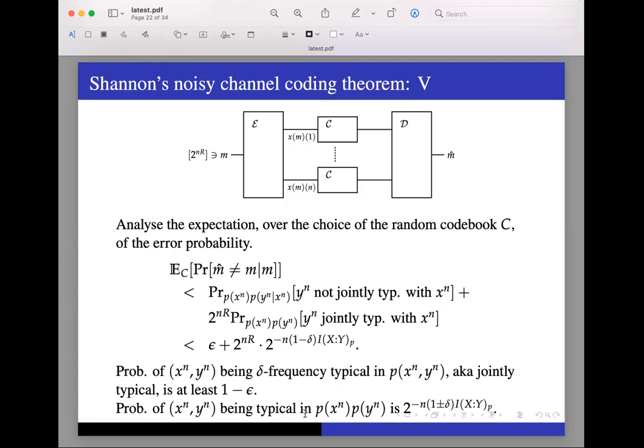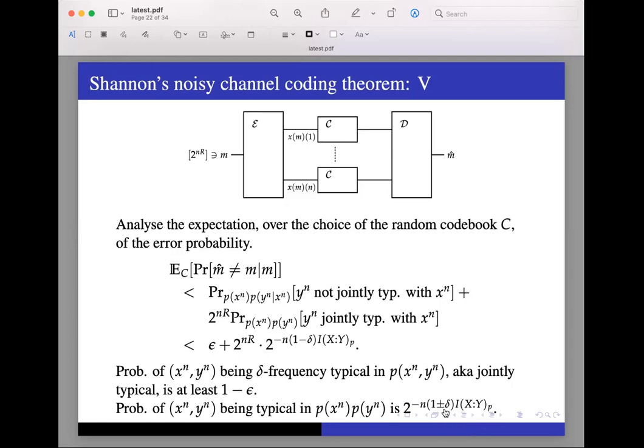So the harder part is this, which we didn't see last time. We will not see a proof of it, at least not directly in this course, but this is very standard. You can look at any standard text in information theory like Cover and Thomas or El-Gamal Kim to see a proof of this. So the probability of xn comma yn being typical under the product distribution. Remember, being typical is an event, it's a subset. So the probability of this subset under the product distribution is very small. In particular, it is bounded between these two quantities.